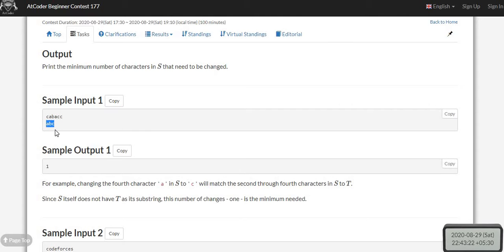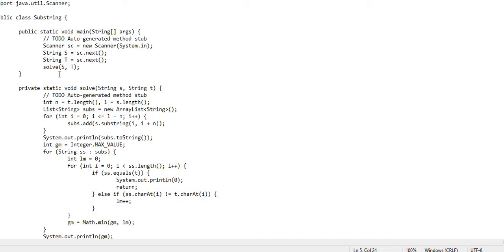So let's take the code part now. Here in the main function I am accepting the strings S and T, and then calling the solve function.